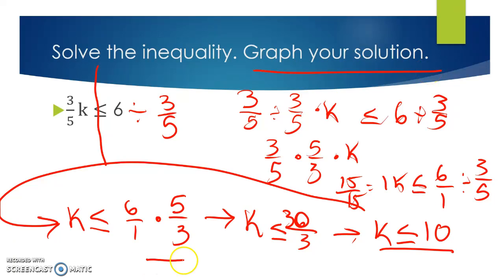Okay, so now we've got to graph it. 0, I'm going to go by 5s. 5, 10, so 5, 10. It is a less than or equal to sign, so it is a closed circle, so close that circle in. It's all the numbers that are less than 10, so everything less than 10 forever